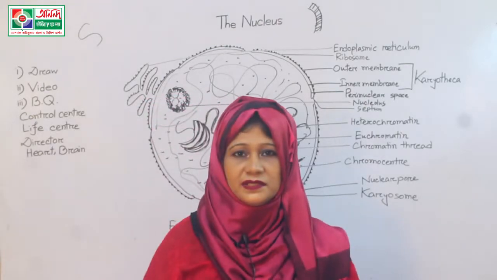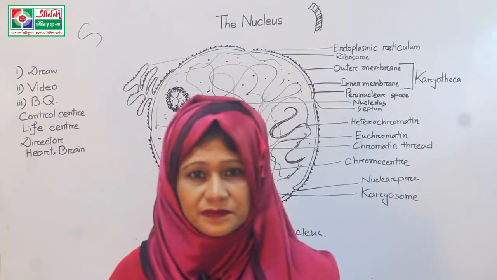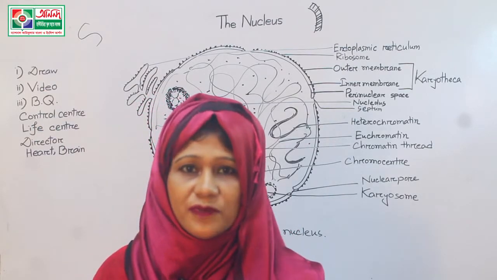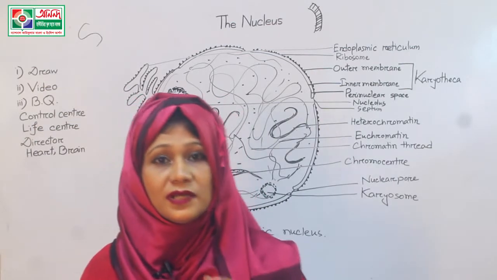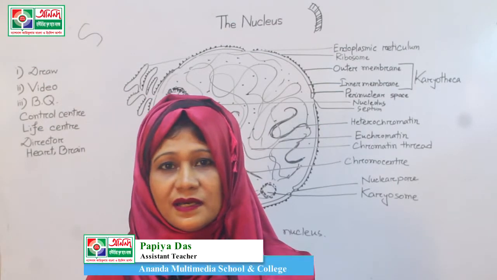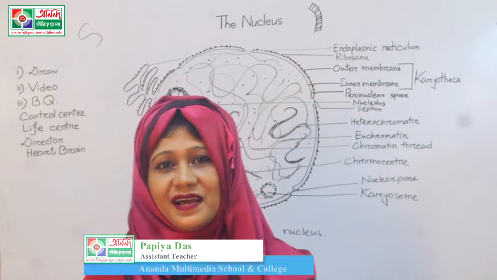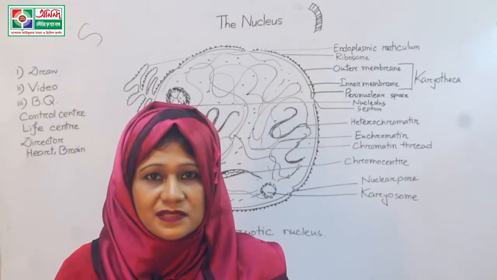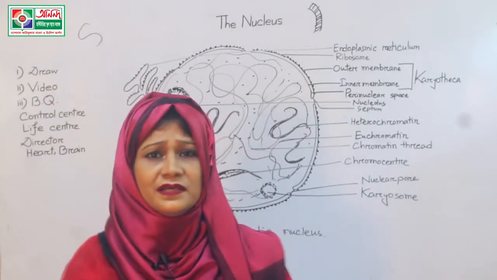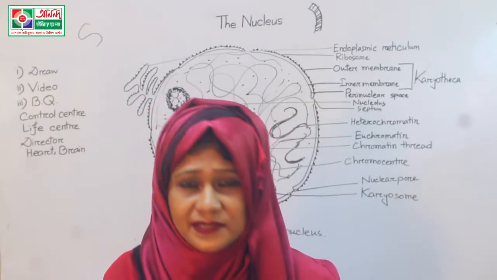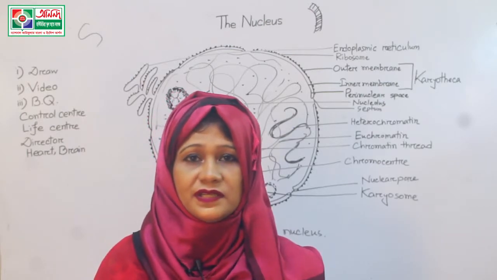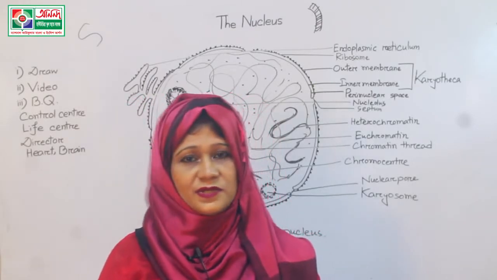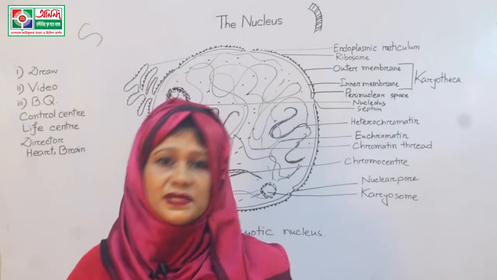Next, the third para. In the third para we can write about the nucleoplasm. You know students, the pH of nucleoplasm is 7 to 7.4, and it contains nucleolus, protein, enzyme, mRNA, tRNA, rRNA, and some divalent ions. These may be magnesium, manganese, okay? All these materials or contents are associated with different biological activities of the cell. So this is the function of the nucleoplasm.